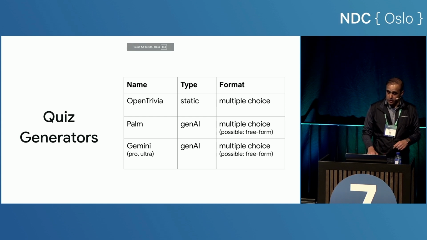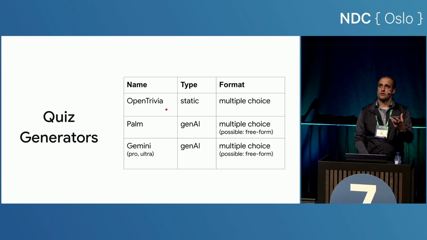So in terms of quiz generation, initially, as I said, we had the Open Trivia quiz generator, which was static. So you only had certain topics, and you only used the Open Trivia data set, so it was very limited. Then we started using PaLM, the model that came out from Google in March 2023. This kind of worked, but it wasn't as accurate as other models. Then Gemini came along with Pro and Ultra versions, and that's the latest one that we are using right now. But we still kept PaLM and the other ones just in case we want to test with them.